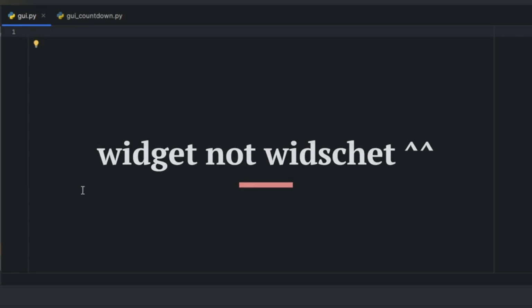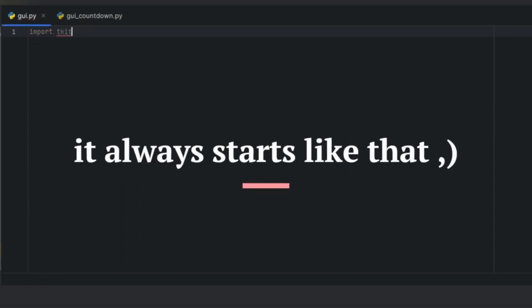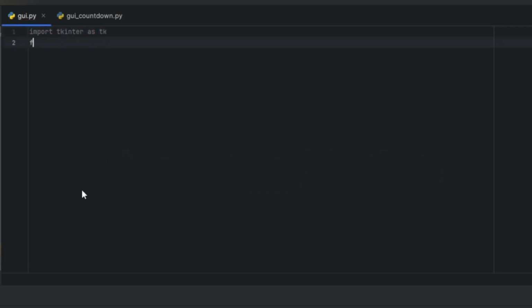First, let's create a really simple GUI with import Tkinter as tk. And now from Tkinter import ttk as ttk, and now let's create something like GUI equals tk.Tk, GUI.geometry 600 and something like